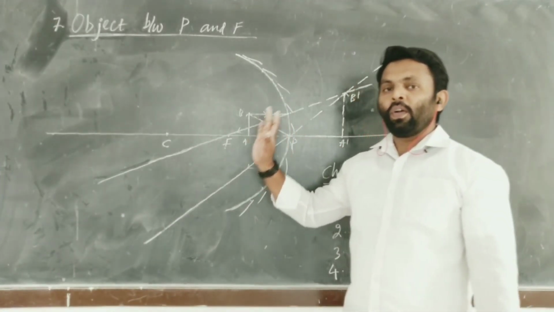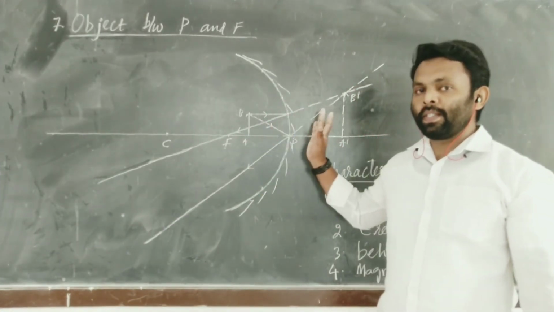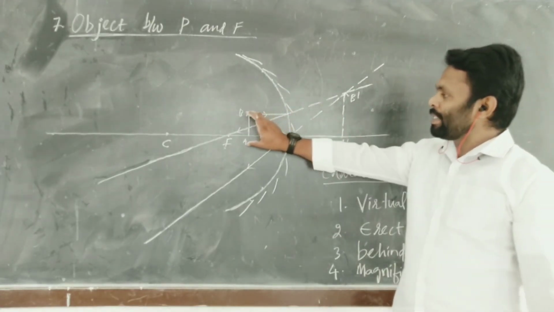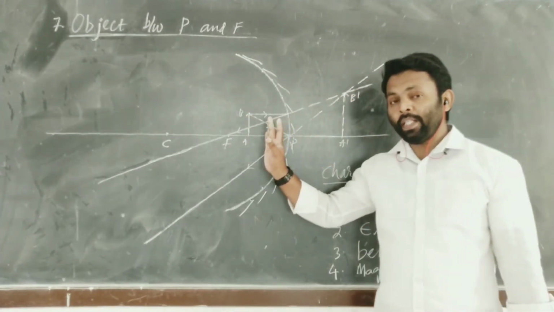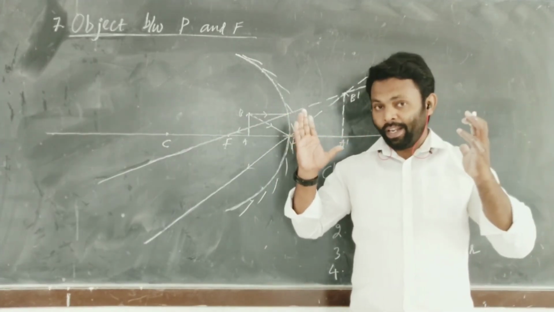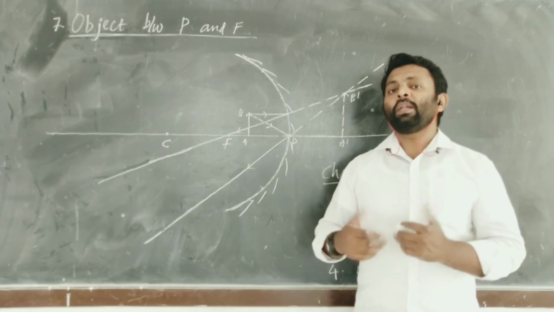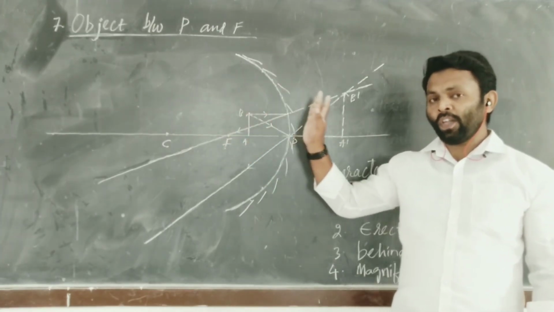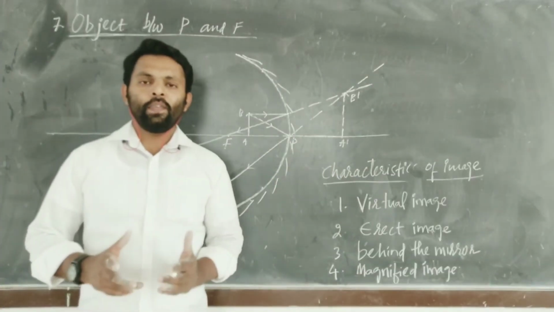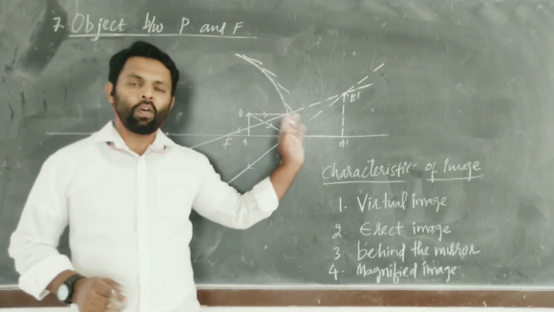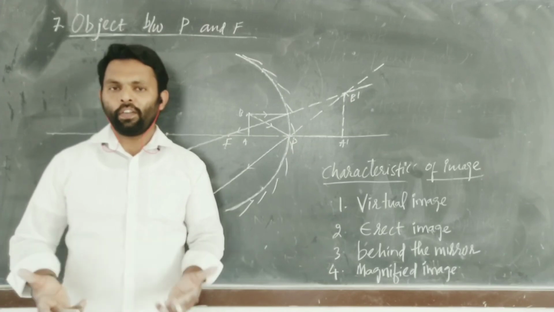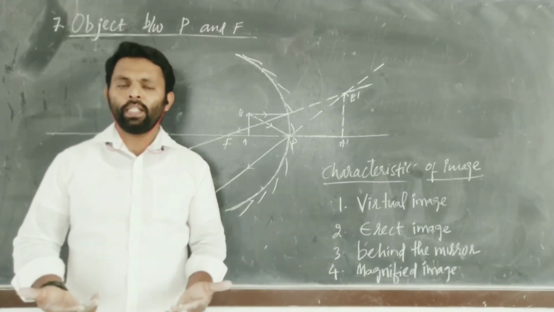This property of a concave mirror is used by dentists to see the enlarged part of a tooth because it increases the size of the object, and this property is used for shaving because the face appears enlarged so that the shaving can be done properly. This property of a concave mirror is used even for makeup mirrors. With this we completed 7 ray diagrams for concave mirrors. Hope you have understood how to draw ray diagrams for a concave mirror for different positions of the object in front of it.